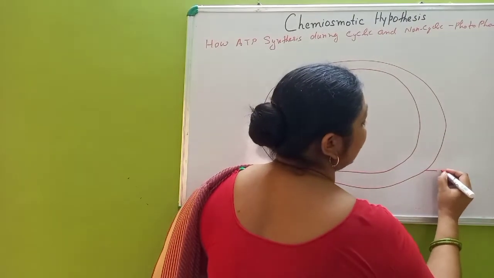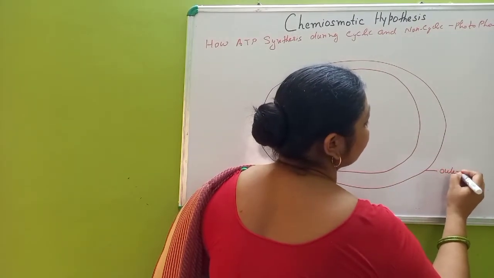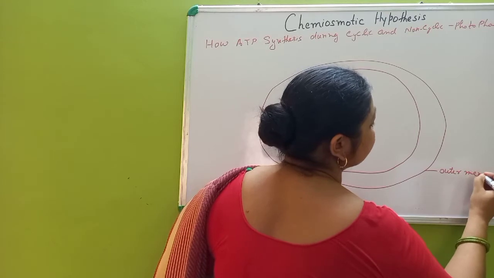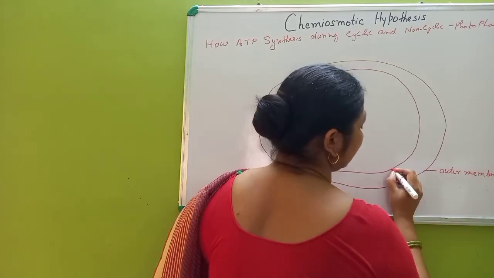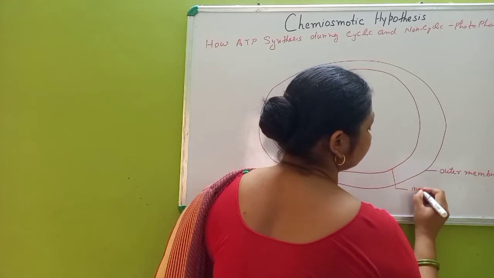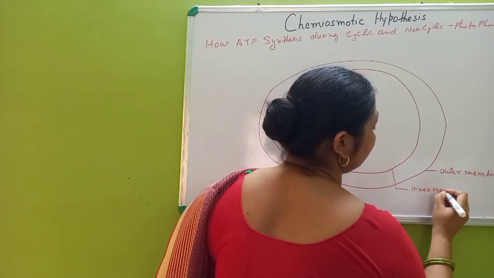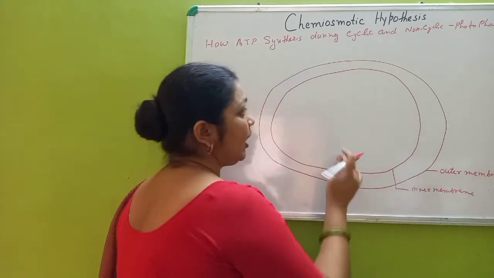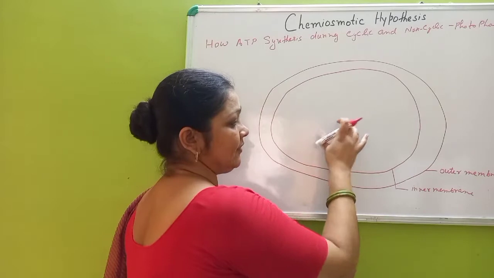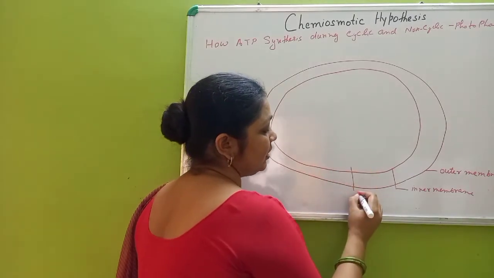So this is the outer membrane, this is the inner membrane, and the space which is left, that is the